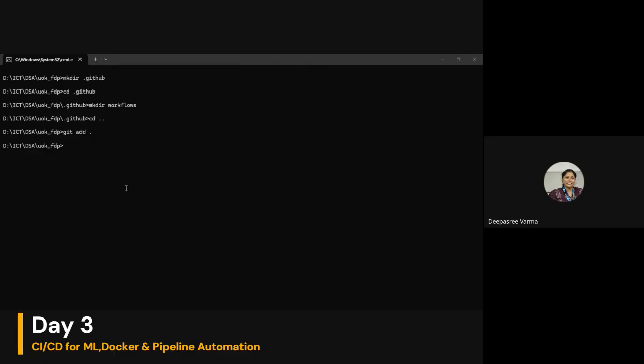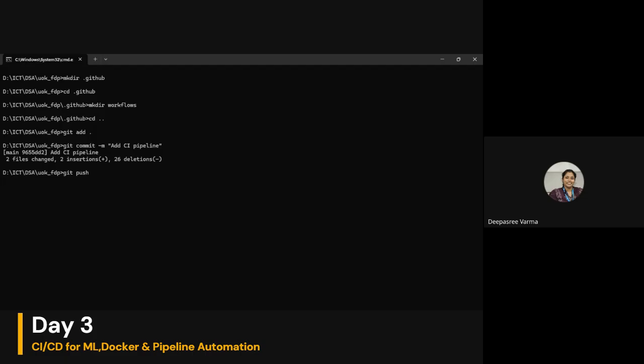It says git commit -m add CI pipeline. So it did all the insertions. 2 files were changed and 2 insertions were done. And I will do the git push as we did yesterday.